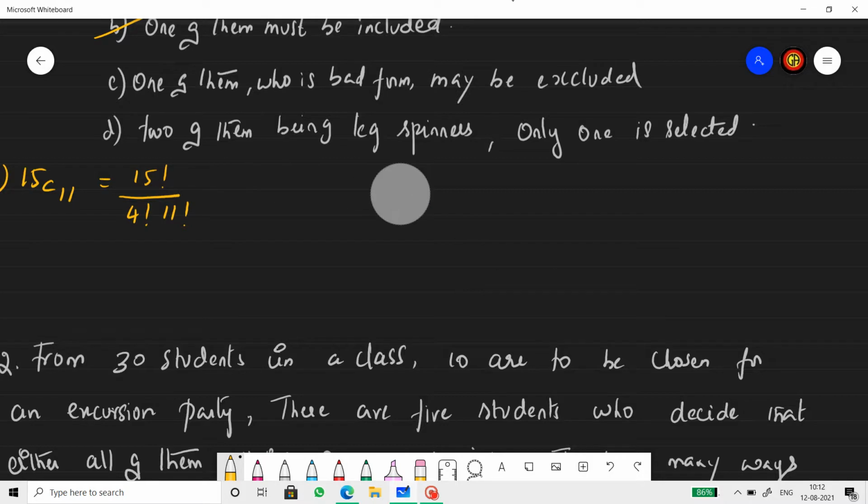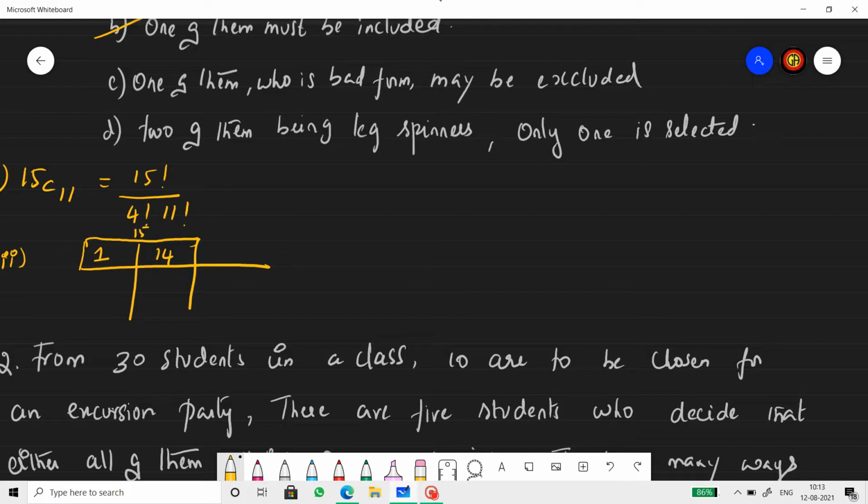Let's clear this to some extent so that we can make space for the next sum. Now, making a tabular column. Totally there are 15 players, in which one particular player has to be included. So the remaining are optional then, right?